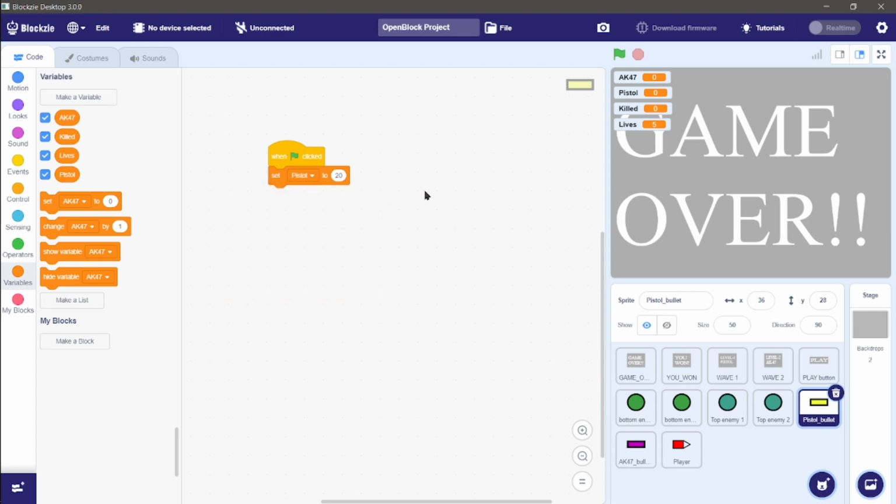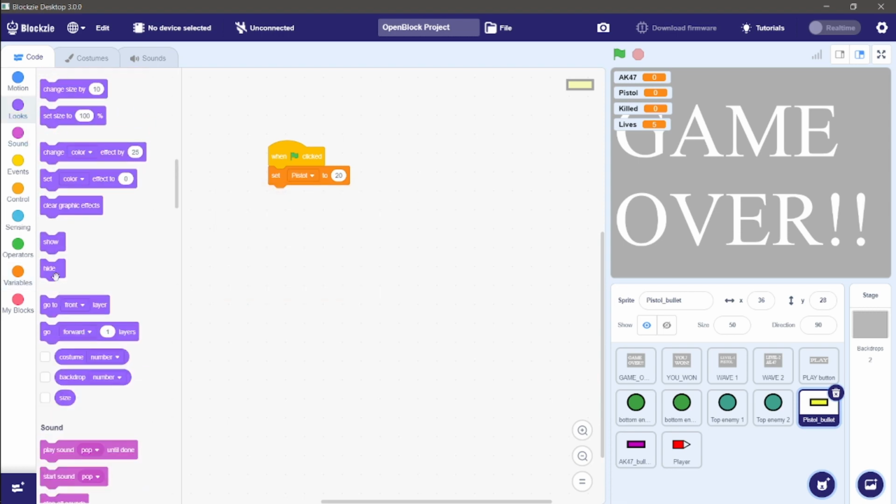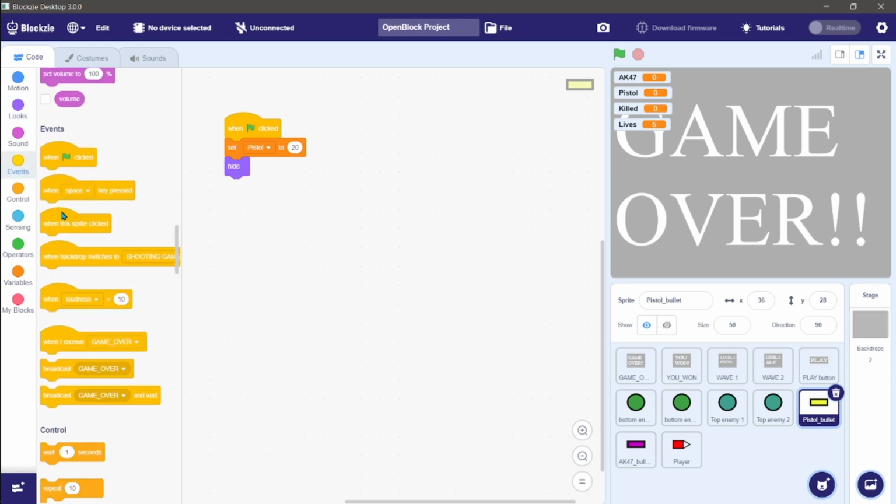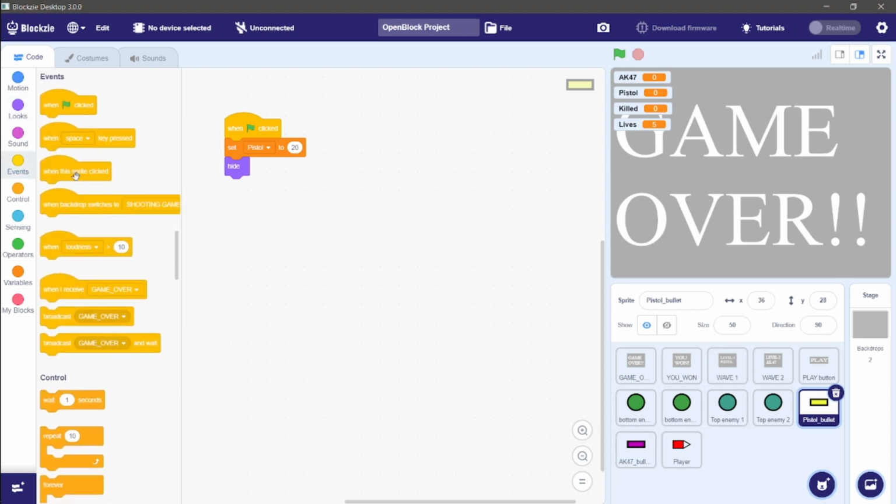Pistols should be equal to 20, and particularly it should first hide in the initial stage. So in the initial stage it should hide itself, and after some point of time,